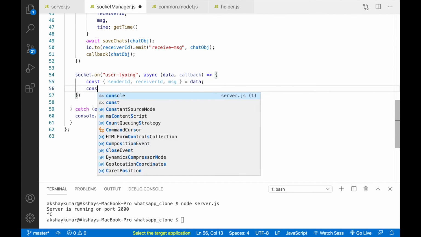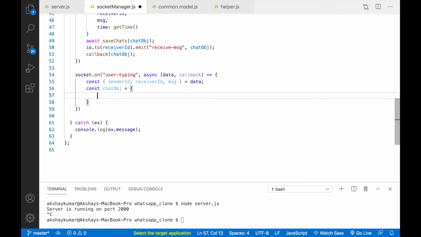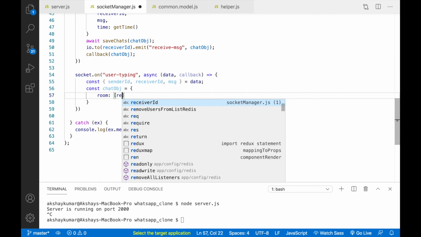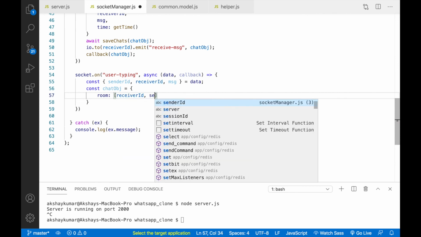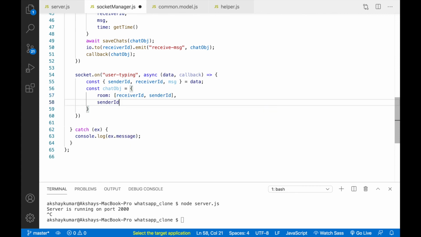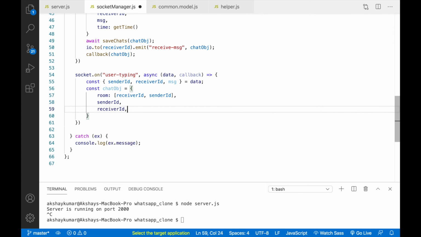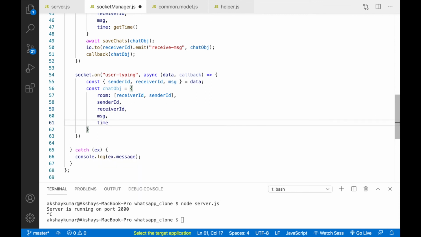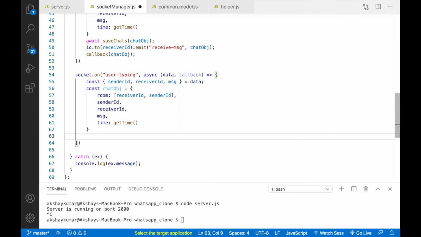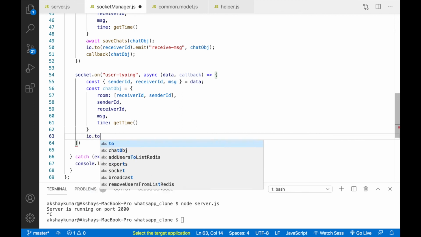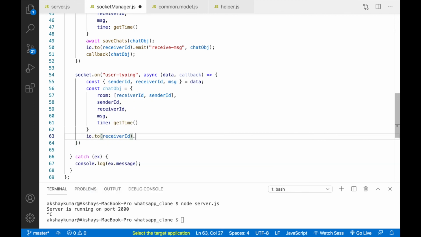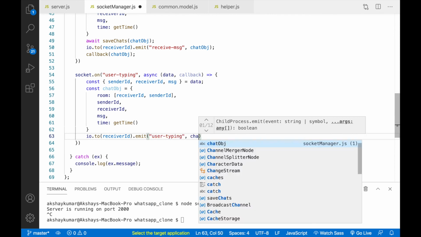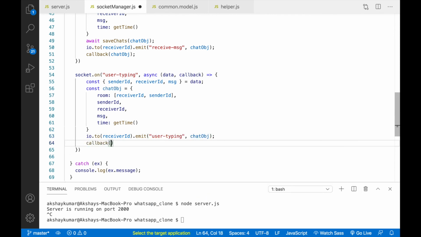We'll write const chat object equals to one object, then room, so this will be one array. We'll write receiver id, then sender id, then we'll pass sender id, receiver id and the message. The time will be get time. After this we'll write io.to(receiver id).emit. We'll pass that event user typing and the chat object, and here callback, and we'll pass the data. So this is also done.